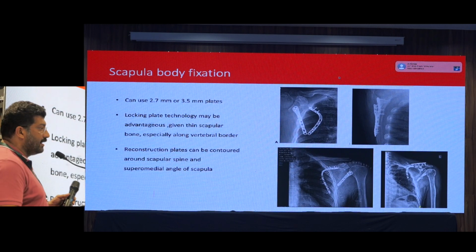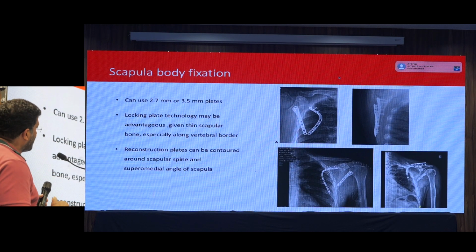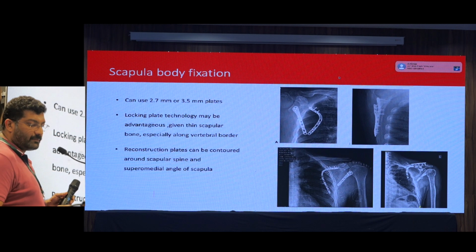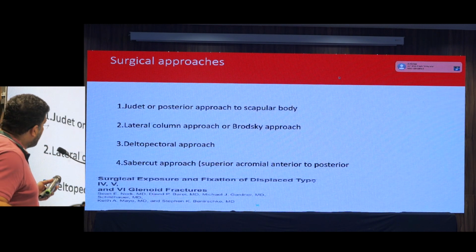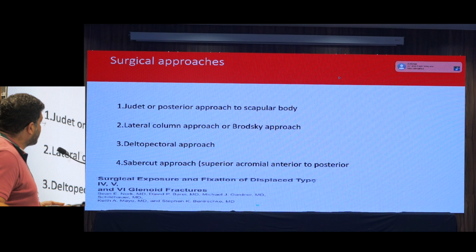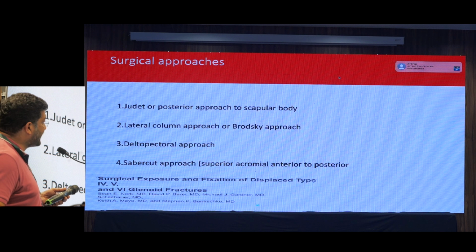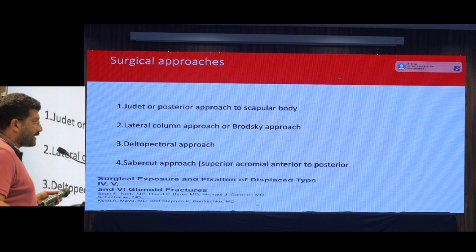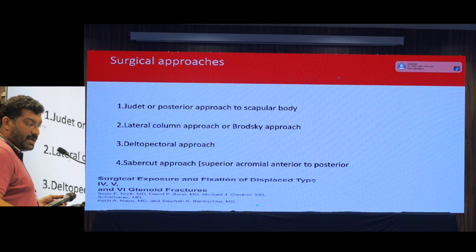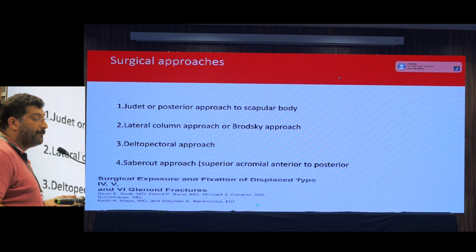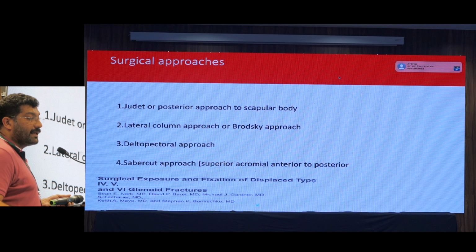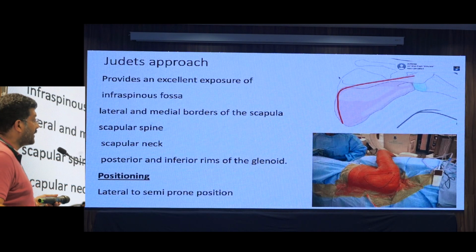So, how will you fix it? Nowadays, good anatomical plates are available. Surgically, how to approach the body as well as the neck? You can have different approaches. One is the Judet posterior approach, that is an extensile devitalizing approach. The other is the lateral column approach or the Brodsky approach, and the deltopectoral approach for the anterior part of the glenoid neck and labrum. Then the other is the superior approach. Coming to the Judet approach,